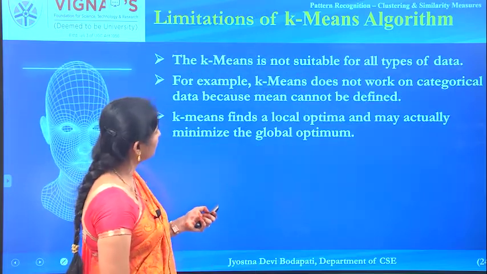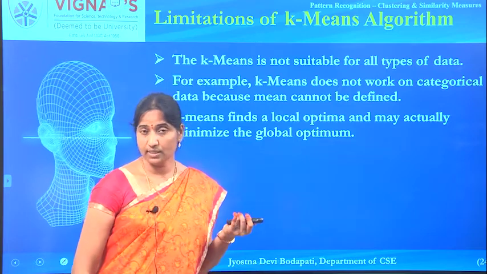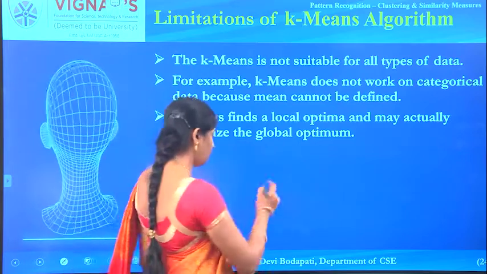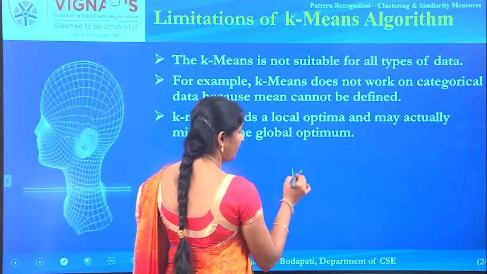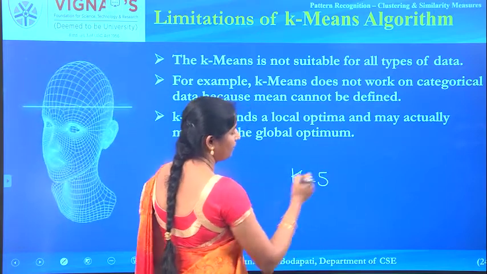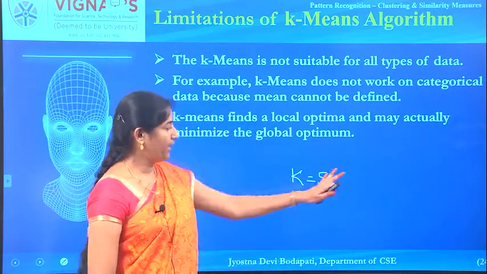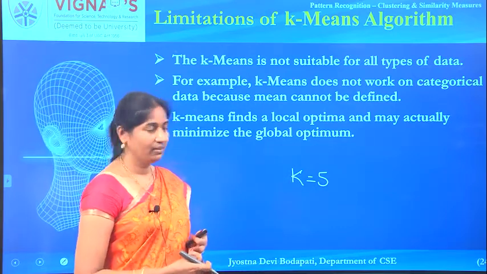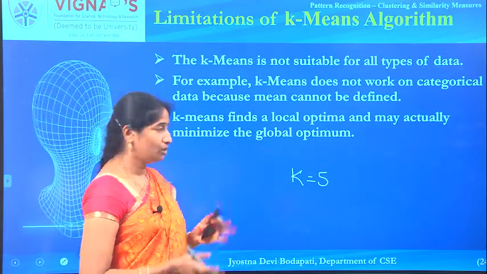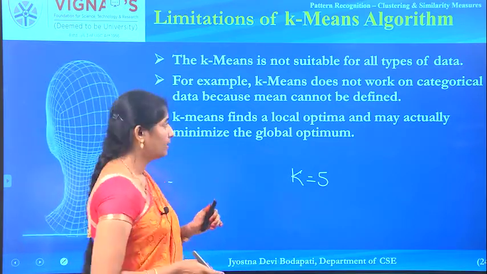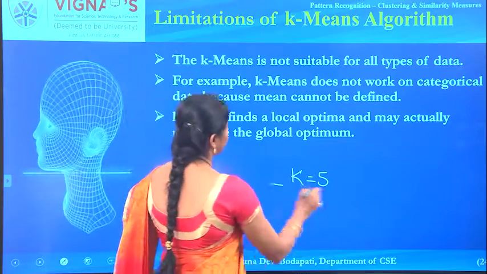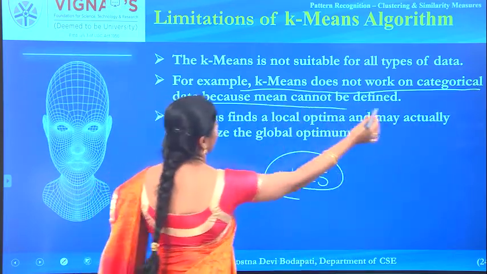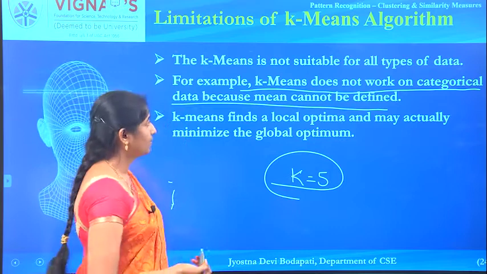What are the disadvantages or limitations of k-means? It's computationally intensive, which we discussed earlier, and there is another problem. If your k value is unknown but you are fixing it, say if you choose k as 5, you will end up with 5 different clusters, and you really don't know how many clusters there are, and that cannot be changed during the process. So the k value is predefined before you start the algorithm itself. Also, the k-means algorithm doesn't work well with categorical data. It works well with numerical data.